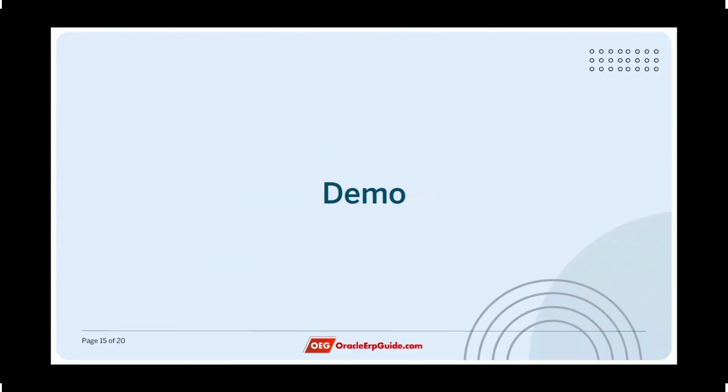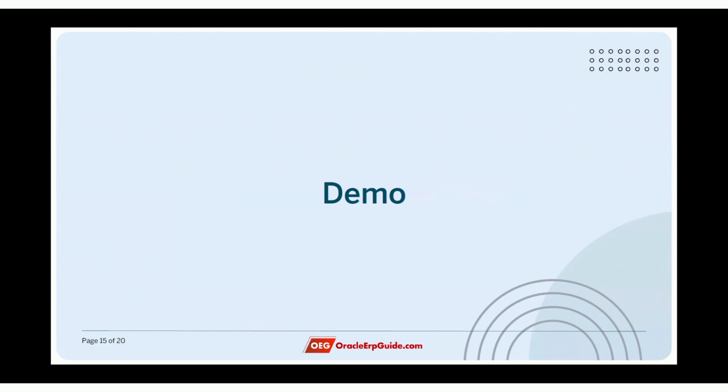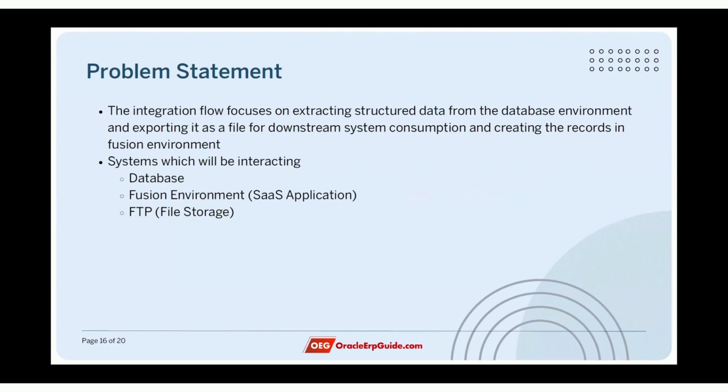So in a real scenario, in a real project, how will the requirement come, and how do we achieve it? We'll divide the whole solution into step-by-step parts so that we also know how the implementation will come. So our problem statement, as I was mentioning, is that multiple systems will be integrating with